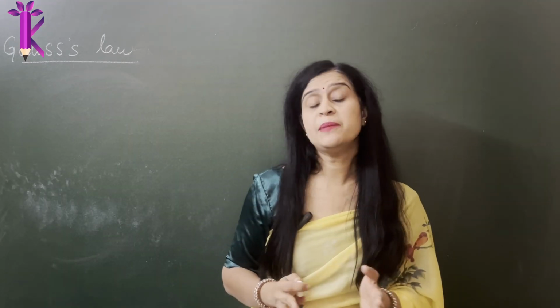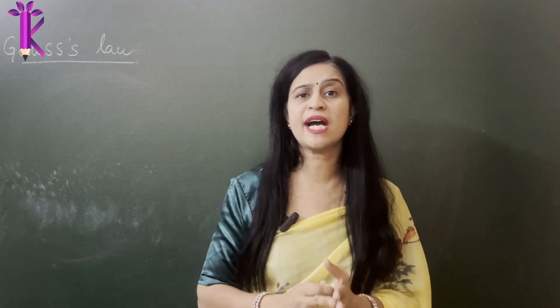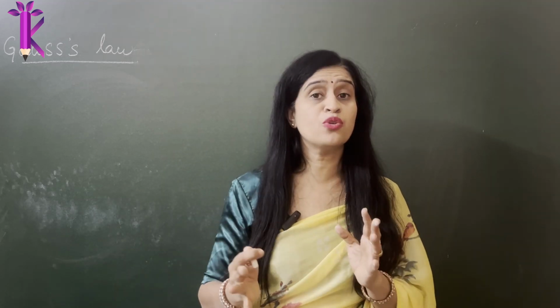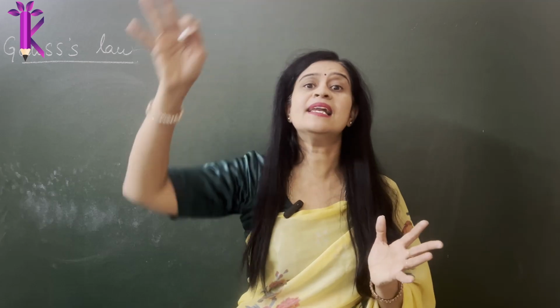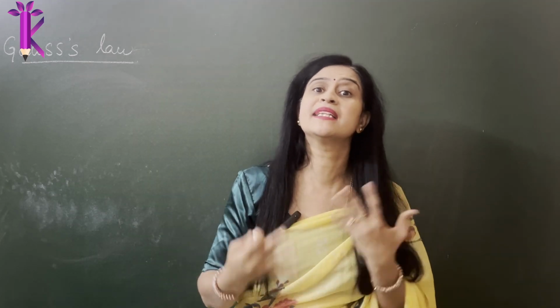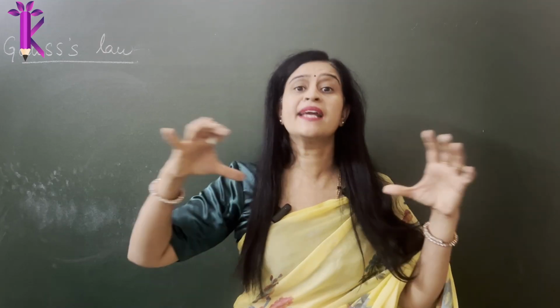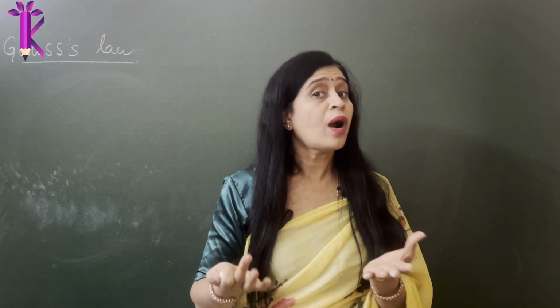Well, now there is a very important question I must ask you. Suppose for the same point charge that we assumed, instead of assuming a spherical imaginary Gaussian surface, if I had imagined some other symmetrical surface, let's say I imagine that point charge to lie inside a cylindrical shape, what will happen to the net flux? Let's try and find out.